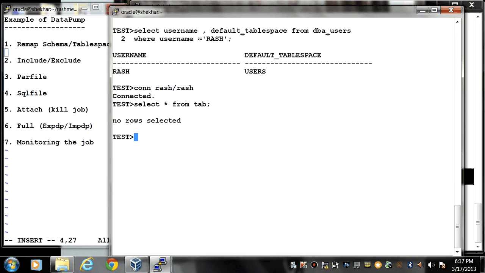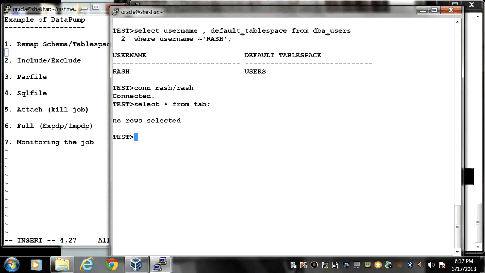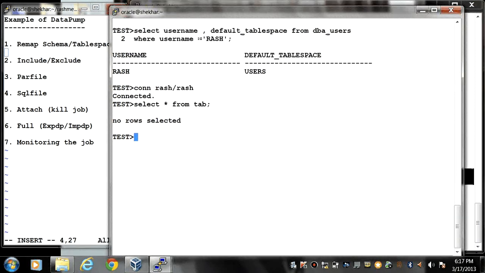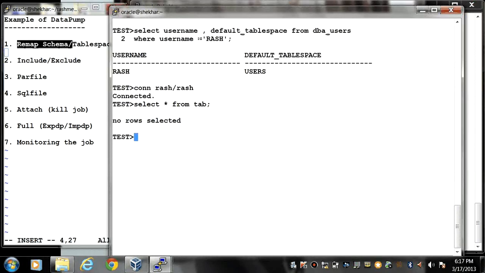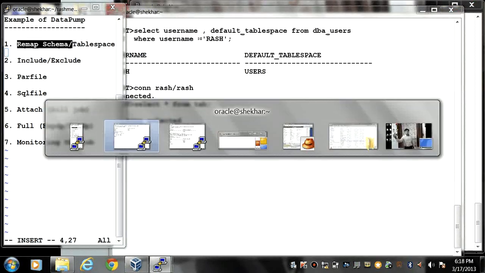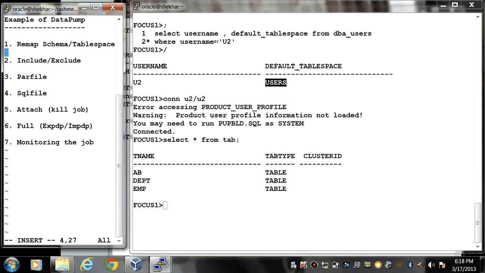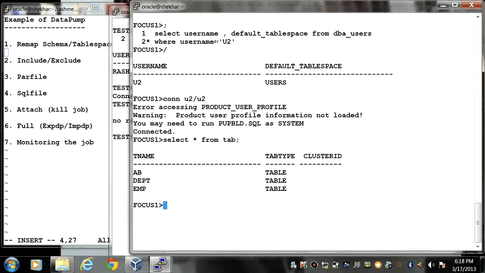So I want to export all the objects from the U2 schema and import them in the RASH schema. While importing the dump file I need to use remap schema since my schema names are different. Both the users are using the same tablespace, users and users, so only the schema names are different.